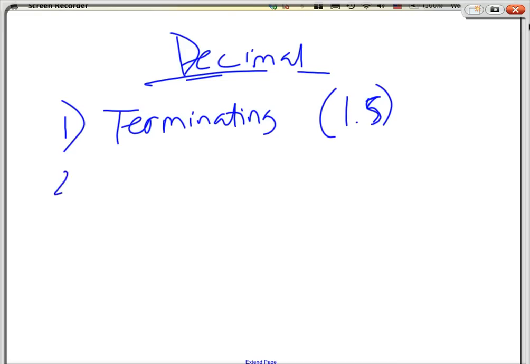Here's the next one. The next one is called repeating. And just like its name, it will repeat forever and you will definitely notice a pattern. Like 1/3? Very good. So here's repeating: 0.3333333333. It goes on and on and on, and it will never stop. And you will definitely notice a pattern. Okay? So I'm just going to write one here.